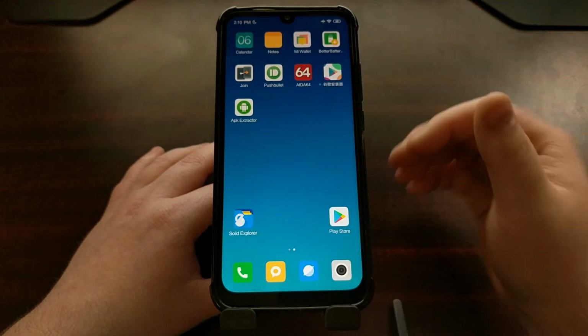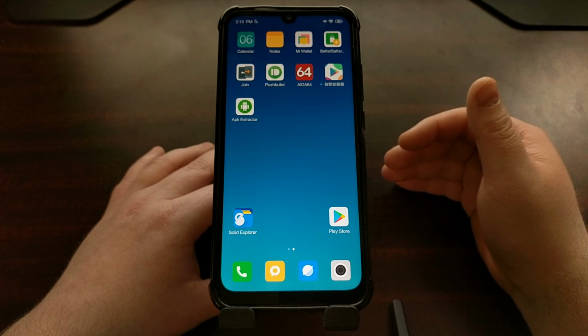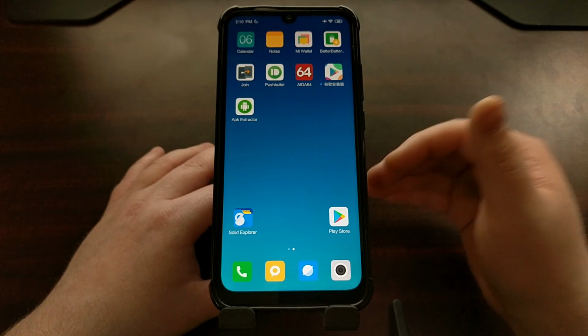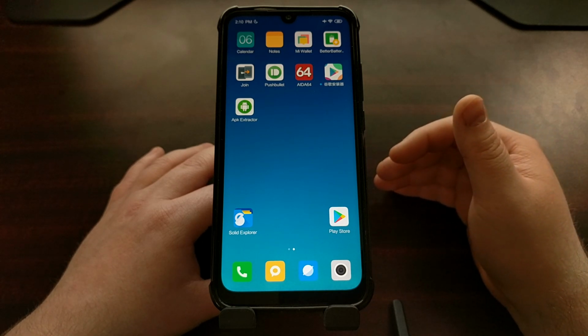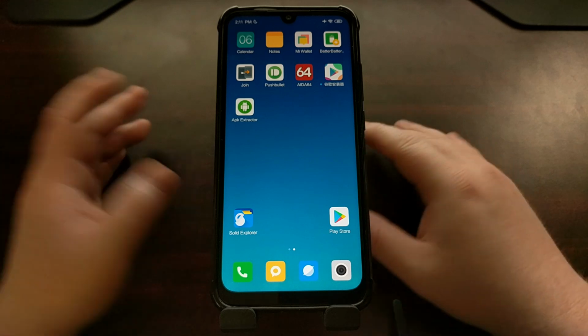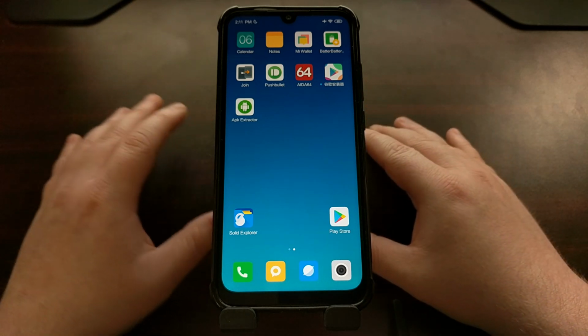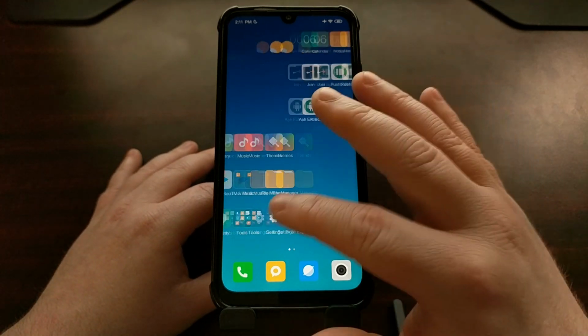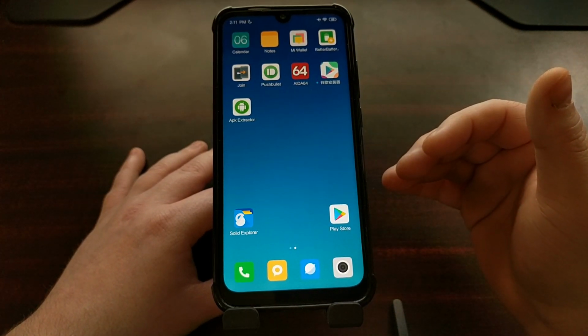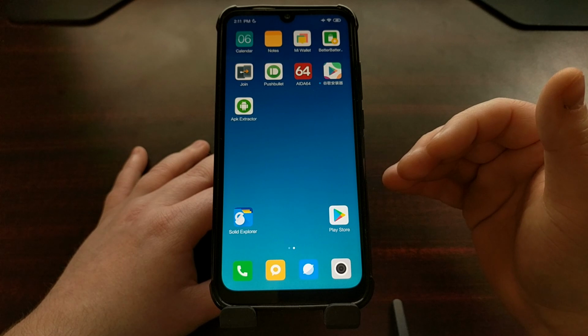So again, it doesn't matter which way you open up this APK file, we still need to go through the same processes of letting that specific application install other applications. So whichever method you want to go with, whether it's the file manager, a third-party file explorer, or downloading it and opening it straight from the web browser,